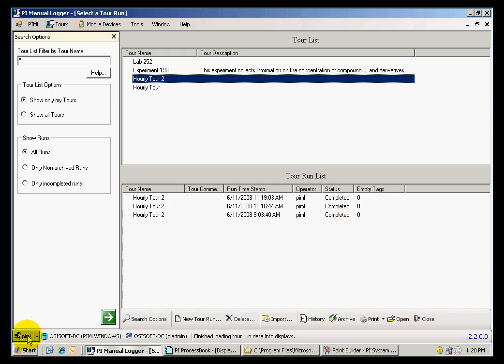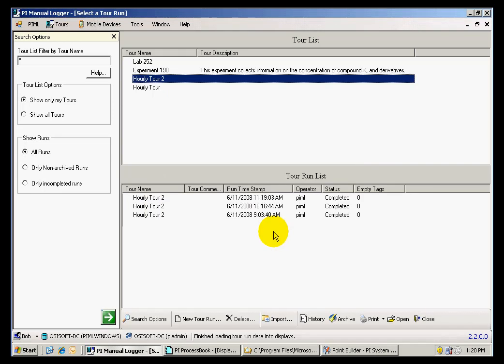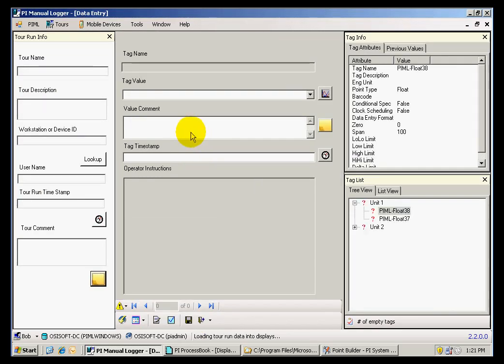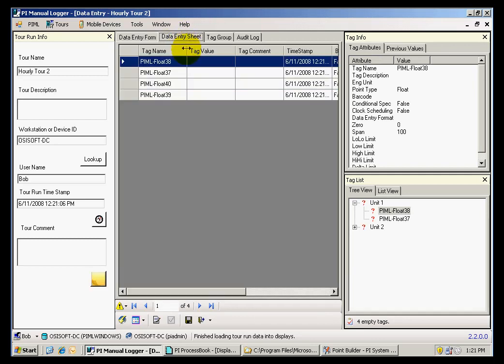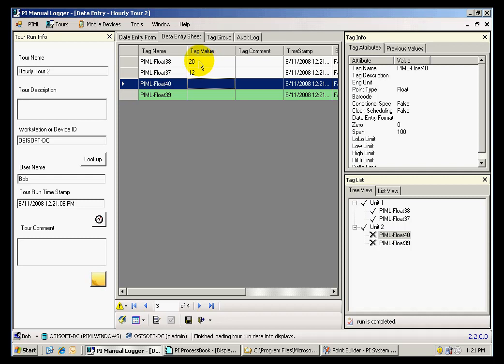So what I'm going to do is switch users, and change to a user who is an operator and is only a data collector and not a data administrator. Now, under the user Bob, who is an operator, a member of the operators group, I'm going to perform a new tool, which is going to be the 1221 tool, and I'm going to enter data using the data entry sheet. I'm going to enter the number of 20, click enter, 12, click enter,